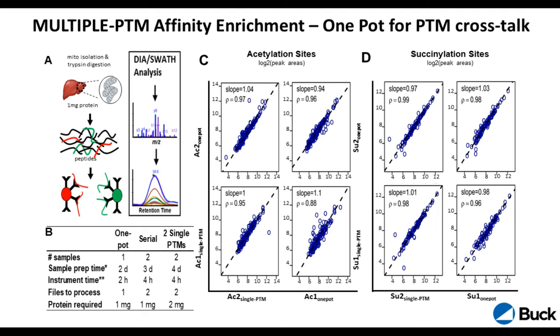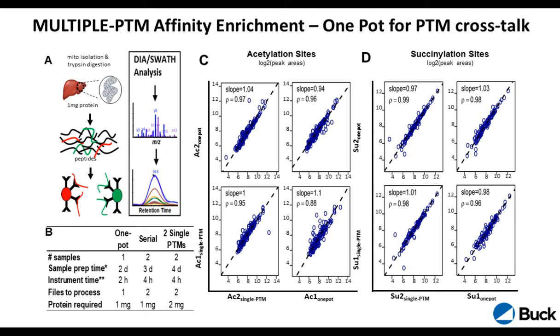In fact, I'm showing this to you here. If you do a serial enrichment, where you take the leftover of the acetylation enrichment and use it for the next workflow, it doubles the time. Or if you even start from two separate sample sets, two separate tissue sets, it also increases the work that you have to put in, or the research associate or postdoc in the lab.